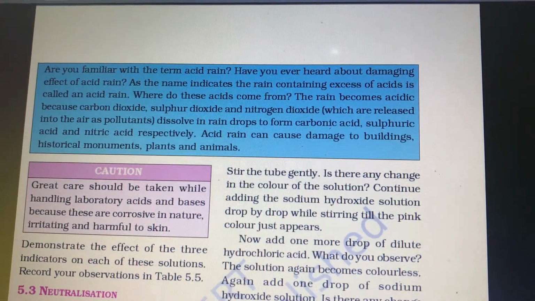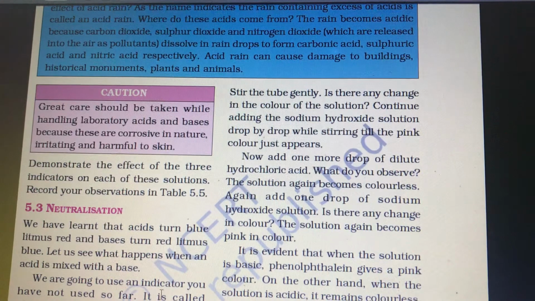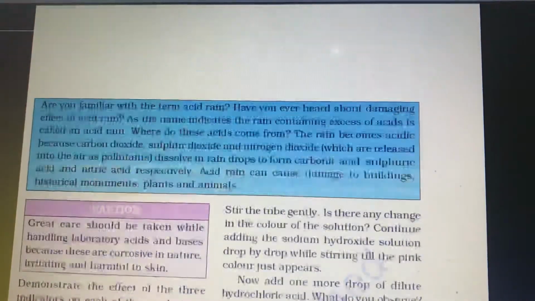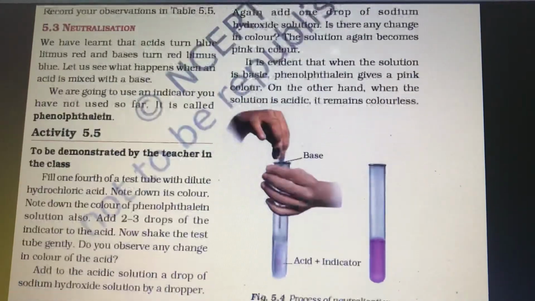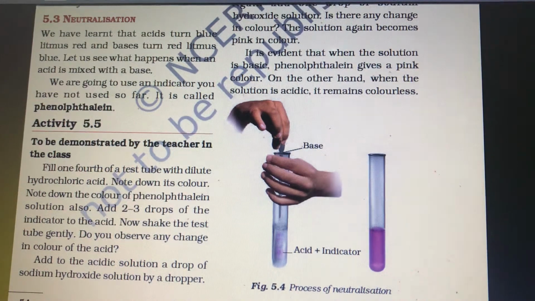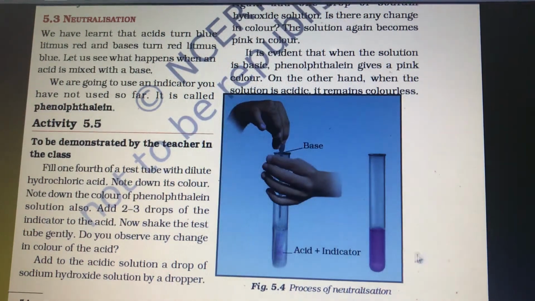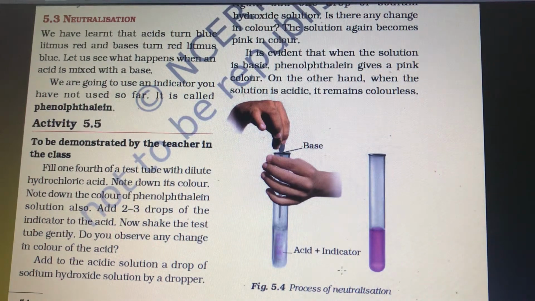For this acid and base neutralization, we use an indicator, that is phenolphthalein. So here the phenolphthalein result is given: the acid and indicator are there in the test tube. There is no change in the color. Indicator with the acid gives no change, but when we keep on adding the base, when the base exceeds in this, then what will happen? The pink color will come. So this indicator phenolphthalein gives dark pink color with the base.